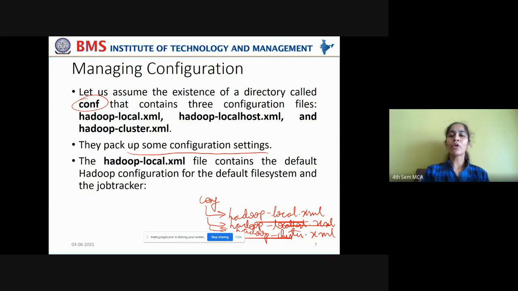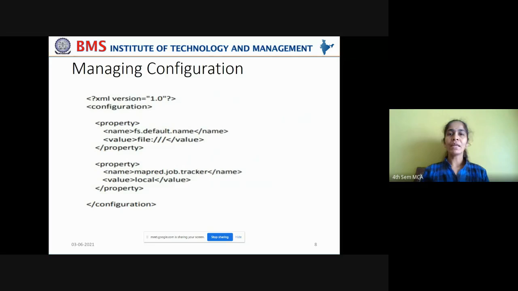They pack up some configuration settings. Now the Hadoop local XML file contains the default Hadoop configuration for the default file system and the job tracker. Localhost contains the name node and the job tracker.